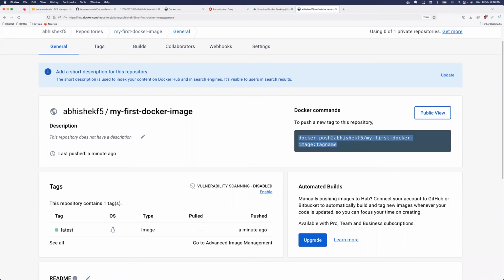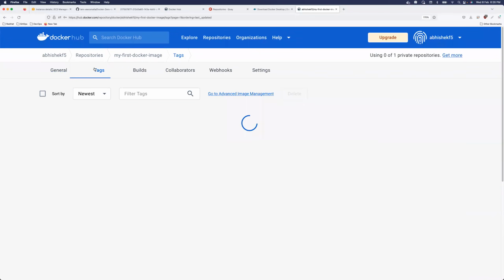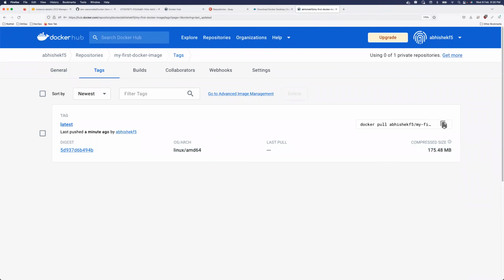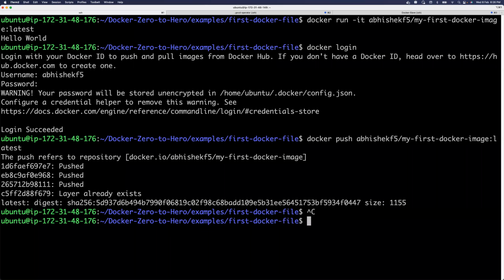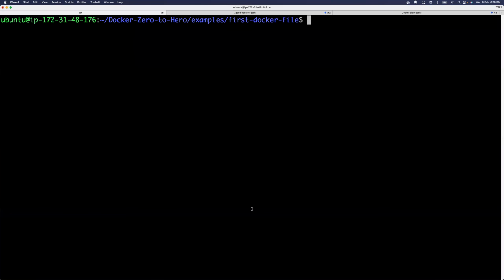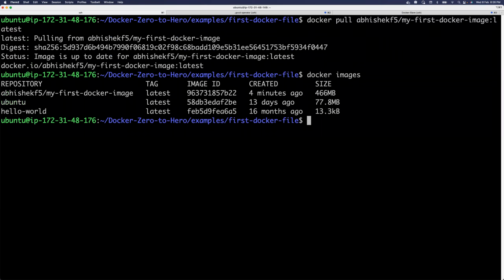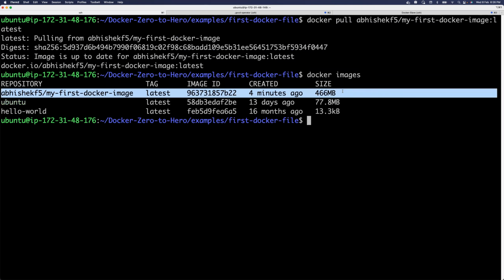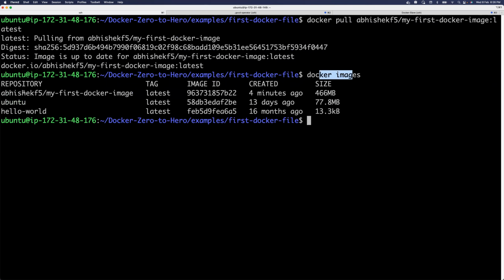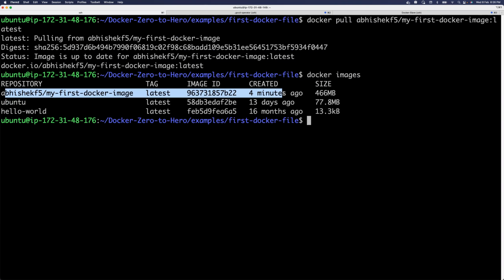Okay, so this is for push. You can simply modify it. Let me go to the tag so that you can see that command. Okay, so this is the command. You can just copy this command. Let's say I do it on my laptop or somewhere else, or for any other person. What they can do is simply use this command called docker pull. As soon as they run it, they'll get the Docker image on their local. They can verify that using the docker images command. So using docker images, you see that in my case, I already have it. But for somebody who does not have it, using the docker images command they can see that the image is now available on their personal laptop or EC2 instance.